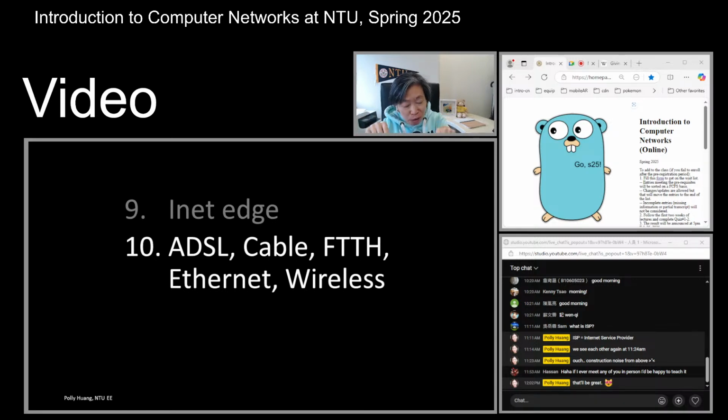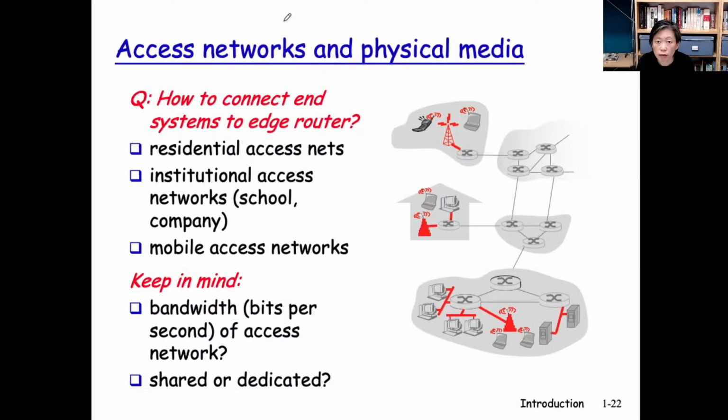And now, more formally, let me introduce the term access network. Now let's move a little bit inward and talk about the next component, access networks. We know by now access nets are there to connect the end systems to the edge routers. What we haven't talked about is that there are several of these access net technologies. In fact, in the next few slides, Polly is going to talk about 5 of these. And depending on where they are used more often, they are classified into these 3 categories: residential, institutional, and mobile.